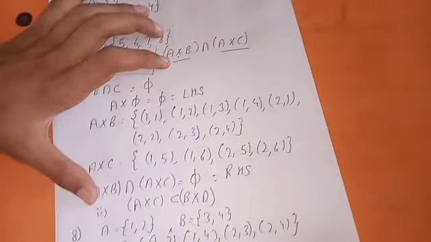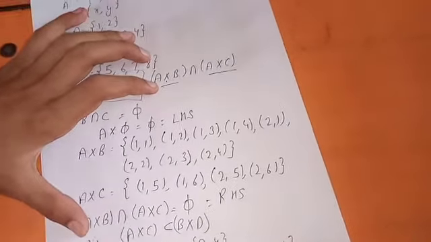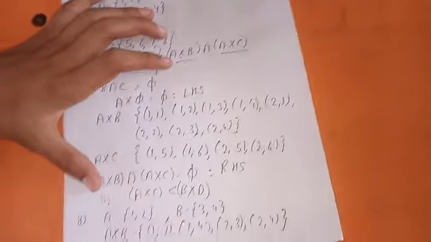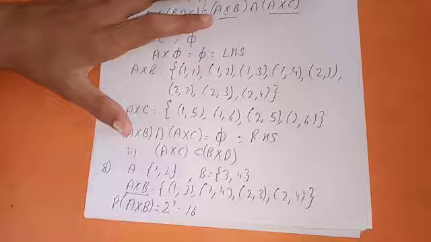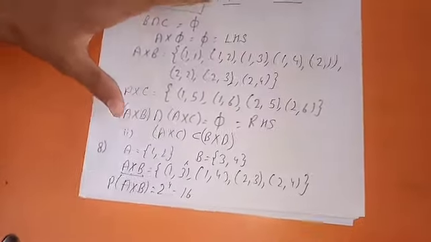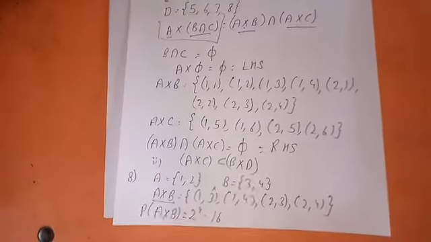So we get the power set of A cross B as 16 elements. So that we can write. It's your homework to write all the 16 subsets of A cross B. It is quite simple, only it will be lengthy for you, and also you may be confused while writing them, but if you pay some attention you will get your answer.